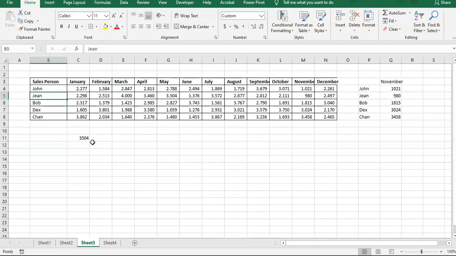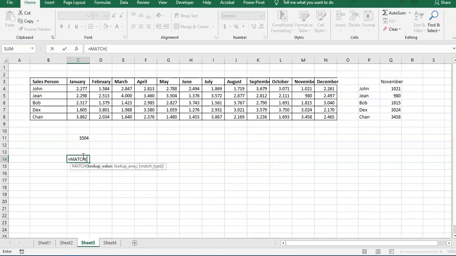Now for the match, we need to identify the cell right here by the corresponding salesperson and the month. So we're going to use match. Match is a function that returns the relative position of an item in an array that matches a specific value in a specified order. Okay, the lookup value, let's say